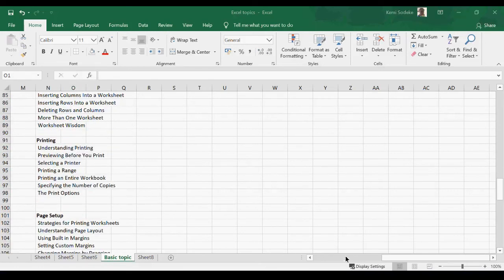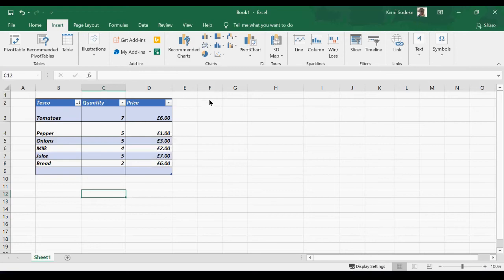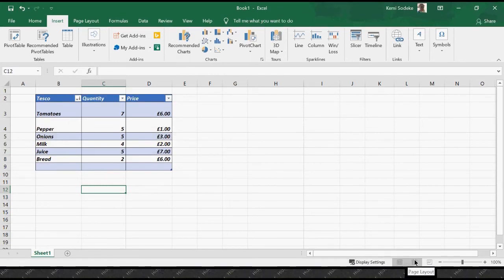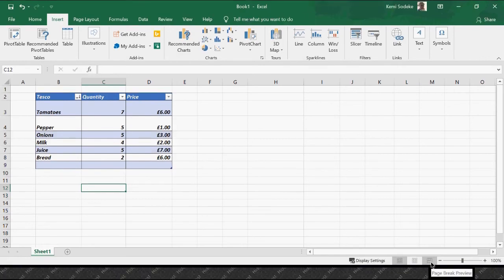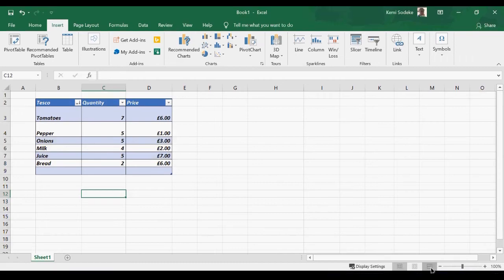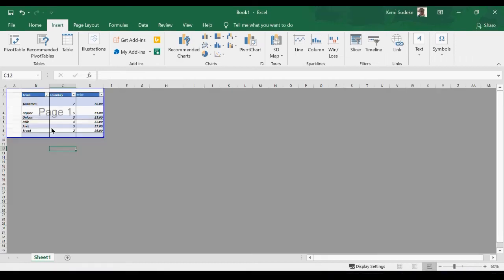Okay, let's do print. So if we want to print this, you've done your spreadsheet and you want to print this, the first thing you want to know is, because it's so large, you don't know if it will fit into an A4 or an A3 or what it will look like. So there are some buttons here on the display settings. The third one here says page break preview. If you click on this,